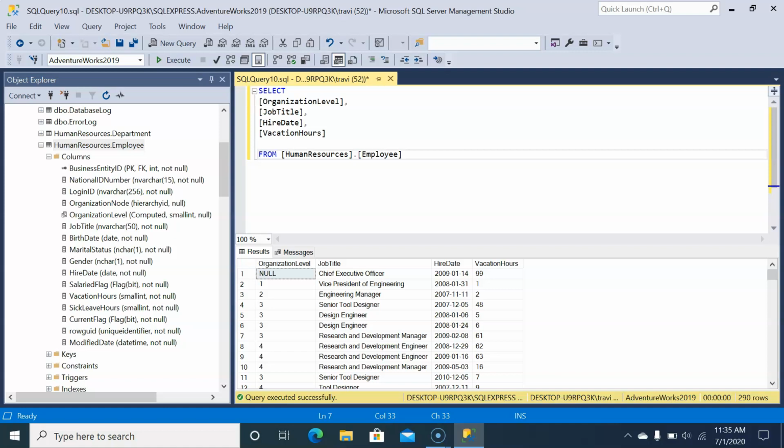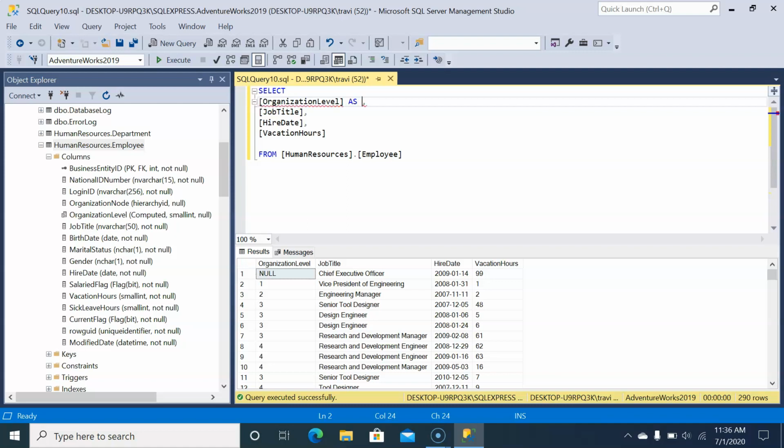But in the real world, oftentimes these names will be abbreviations or codes or things that you just have to have worked with the data a long time to recognize and understand. So we're going to do a little bit of practicing just renaming these columns in maybe even an arbitrary way, but the techniques will apply to any columns you might come across. There are a few different techniques you can use to rename a column. There is AS. So if you want to rename OrganizationLevel to OrganizationLVL, so in this case we're actually making it less readable,